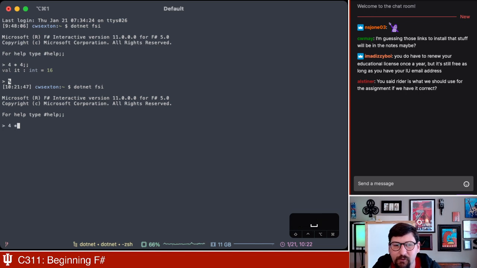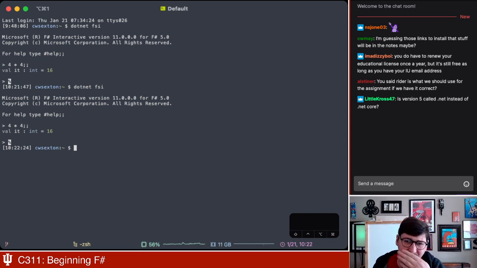So I can type 4 times 4, enter. Just so you see what all these buttons actually mean. Control-D gets you out, right? So that's .NET FSI. It's one way that you can run